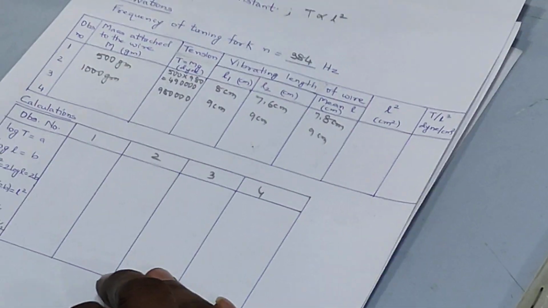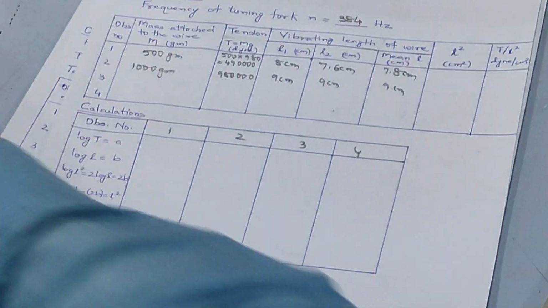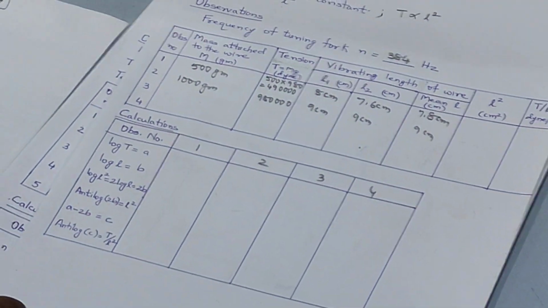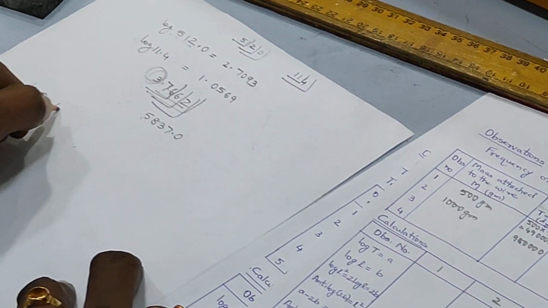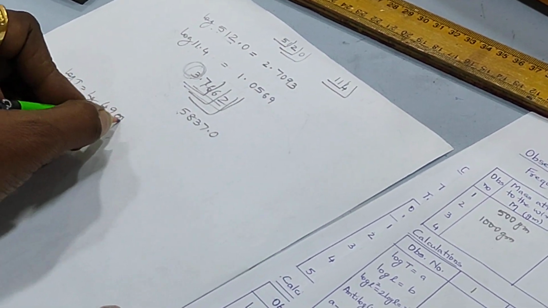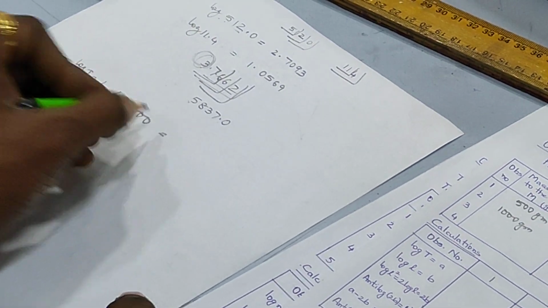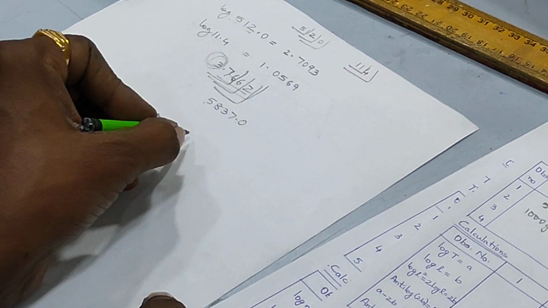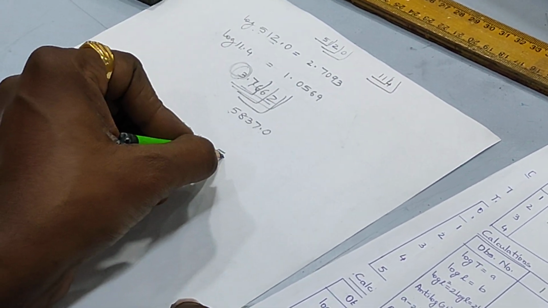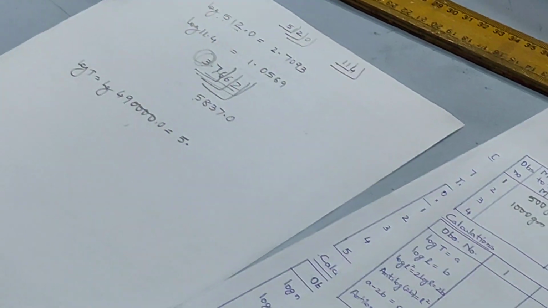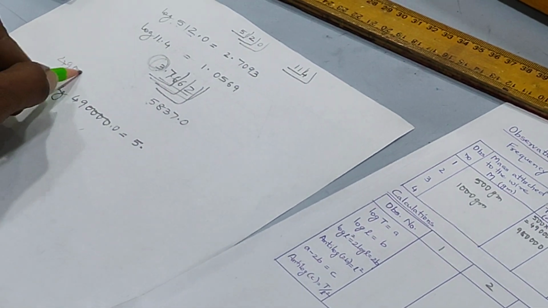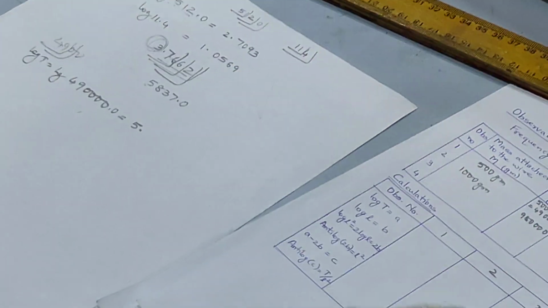Now how to find out this log of t? To calculate this log of t, the first value of t is 490000. So log of t means it is coming as log of 490000. How many digits before the decimal? 1 2 3 4 5 6. That means the characteristic will be 5 point. For the mantissa, we consider only 4900. That is 49 through 0th column and 0th mean difference.